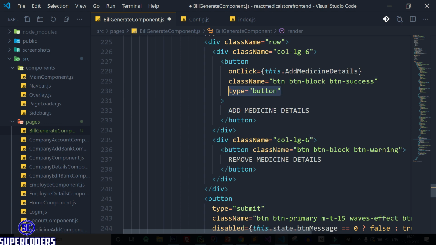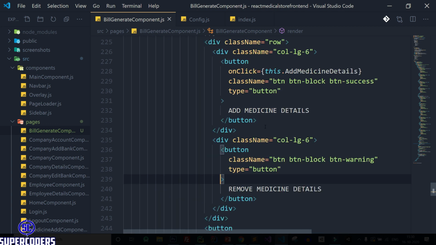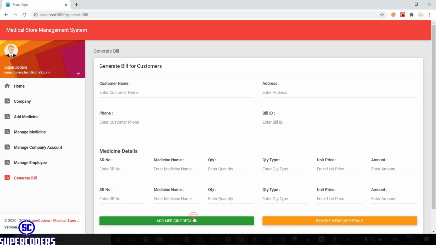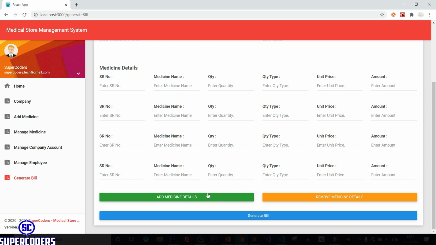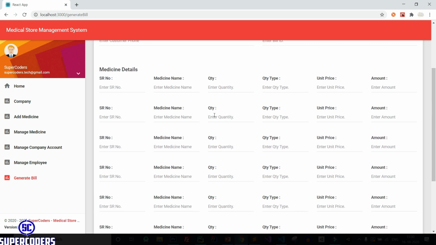If you can't pass this button type, it will take as a submit button. So you need to pass it button type. So save it. Now let's check again, and you can see it is working perfect. Many times you click, it will add a data.